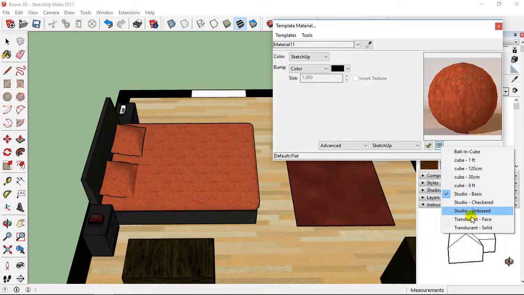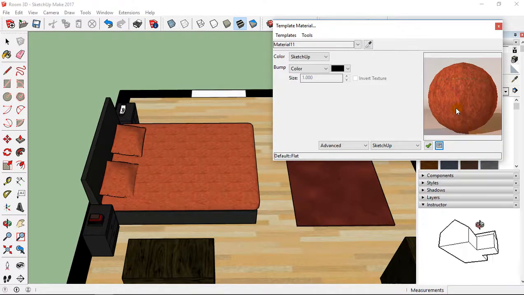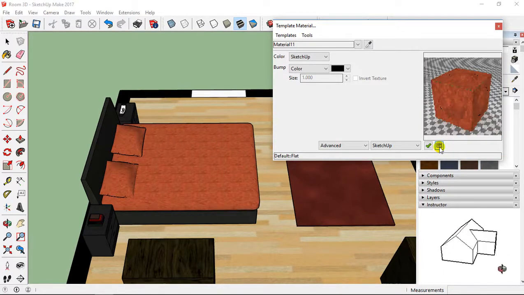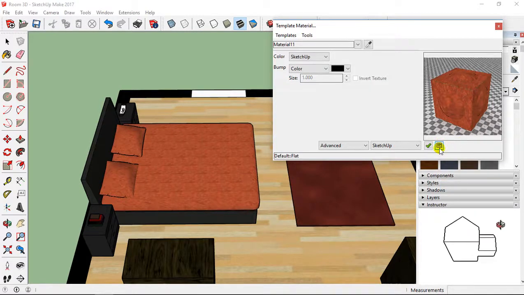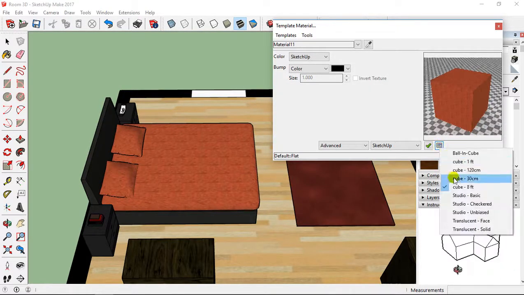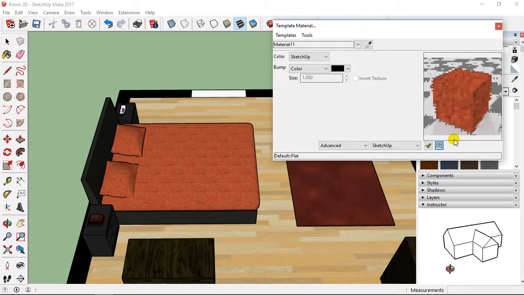You can also edit with, for example, ball in cube. You can also select cube 8 feet. So you have different possibilities. Generally, I stay with cube 1 feet like this.